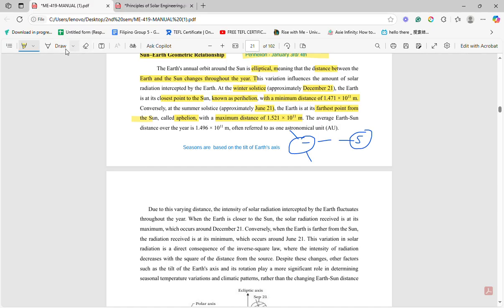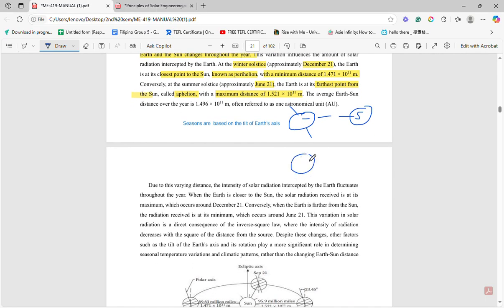Because then again, if we try to look at the position of the earth, for example, this is the sun and this is the earth, it's leaning towards the sun. Since this is tilted towards the sun, our earth, during June 21 and during early days of July, it means there is more daylight